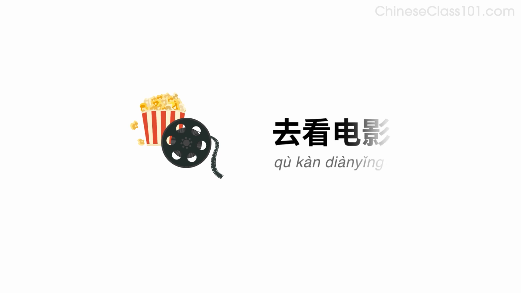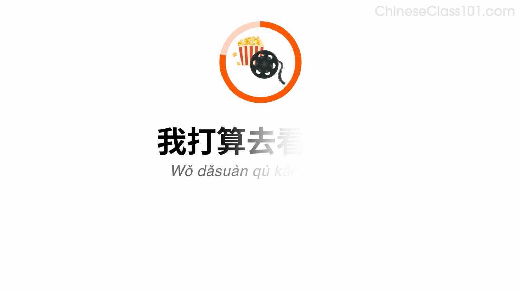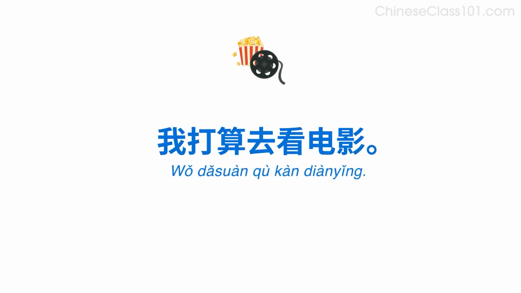Now imagine you're planning to go to the movies. Do you remember how to say go to the movies? 去看电影。Say, I'm planning to go to the movies. 我打算去看电影。Now, answer the question saying you're planning to go to the movies. 你春节会做什么？我打算去看电影。